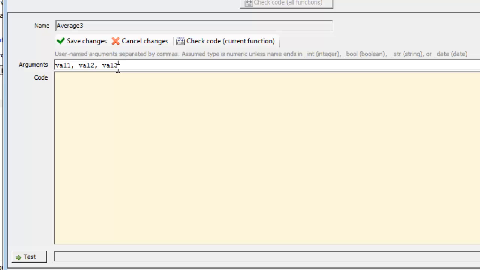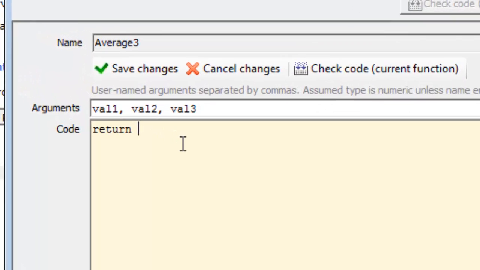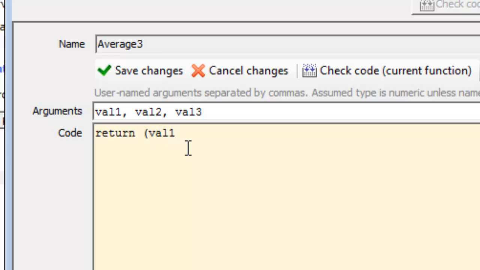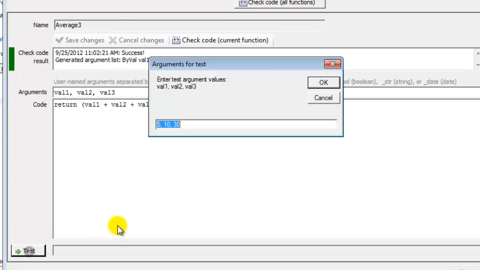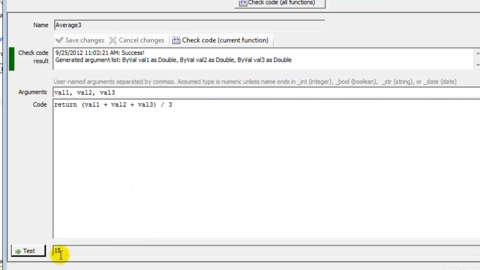Next, I need to write the function code to return the average of the three values. Next, I'll save and test the function. And if I test the function for the values 5, 10, and 30, the average should be 15. Now that I've tested the function,